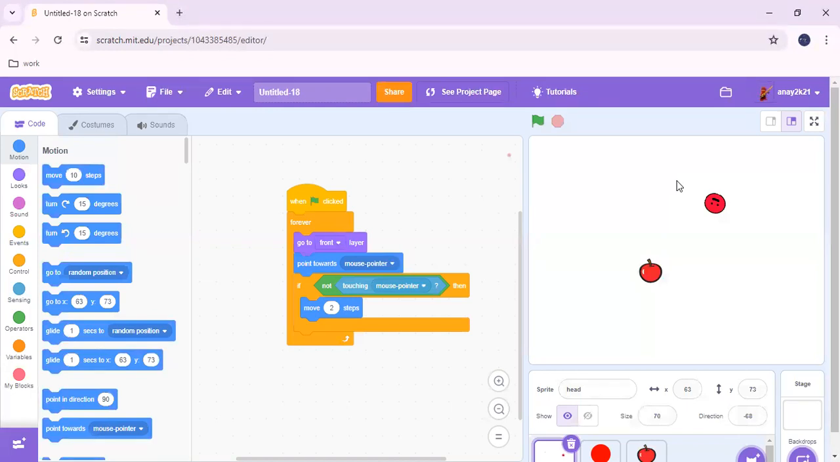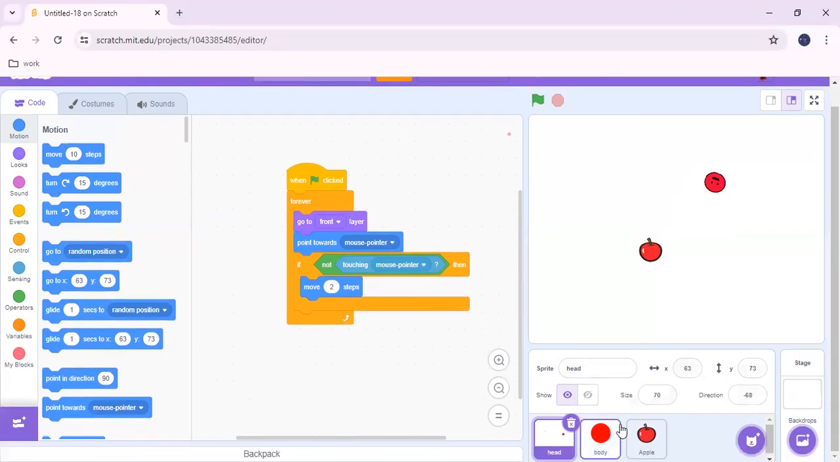Now, in my last episode, we coded so that we could move our head and the body would always be following the head and leaving a trail. Today we will be coding the apple so that whenever the head touches the apple, your trail will become bigger. Let's start. So first we'll